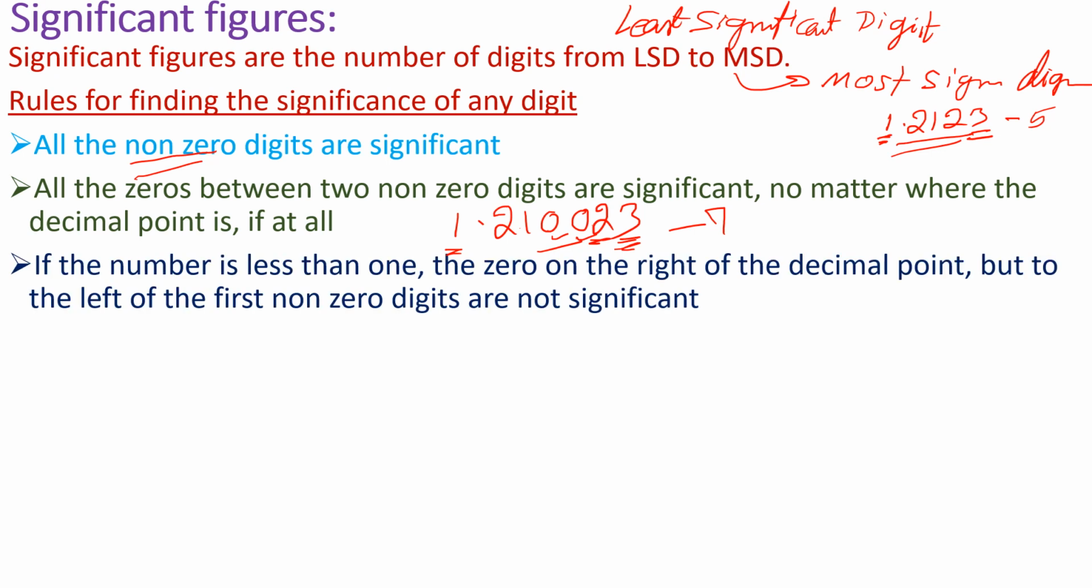And next, if the number is less than 1, there is a condition. If the number is less than 1, the zeros on the right of the decimal point but to the left of the first non-zero digit are not significant. It is very important. So let us take a number less than 1,